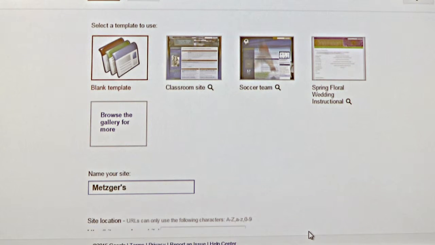So I'm going to call mine Metzger's Practice Site and hope that that works. Metzger's Practice Site. But you can call yours anything. And if this is truly just going to be a practice for you until you get your feet wet, you can call it last name in your practice site, and I pretty much guarantee nobody's going to have that name out there. So put in whatever name you've decided you're going to try out,